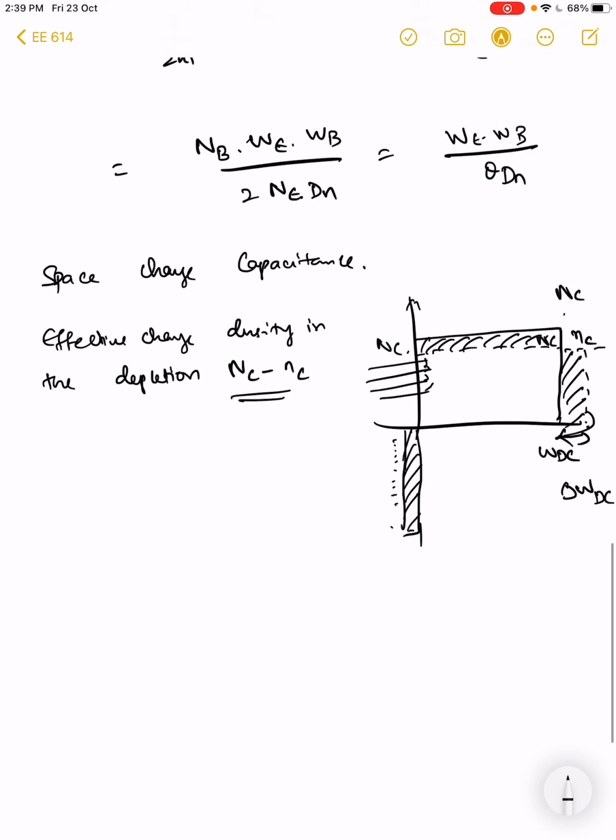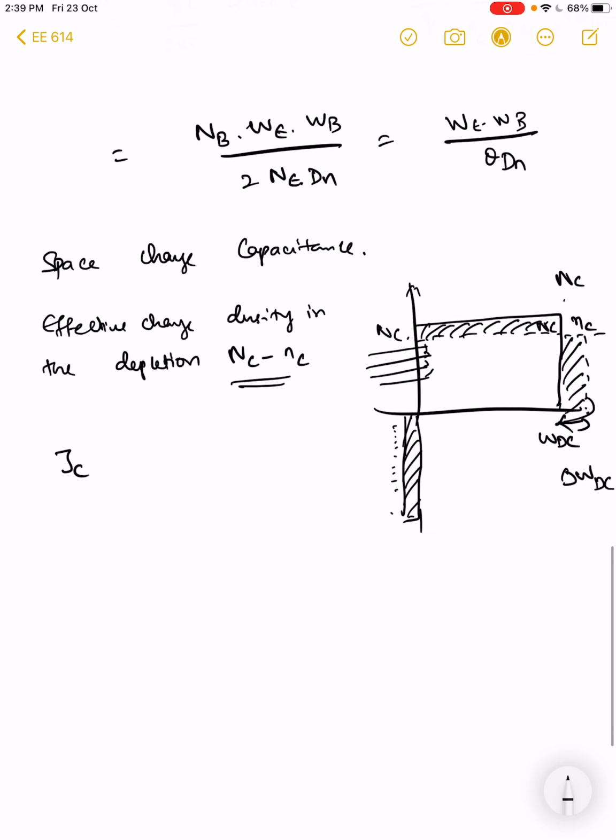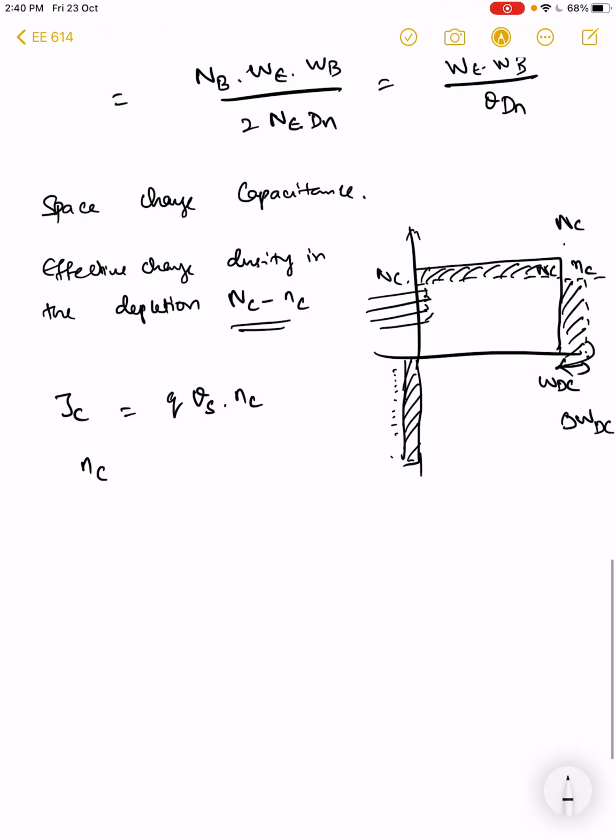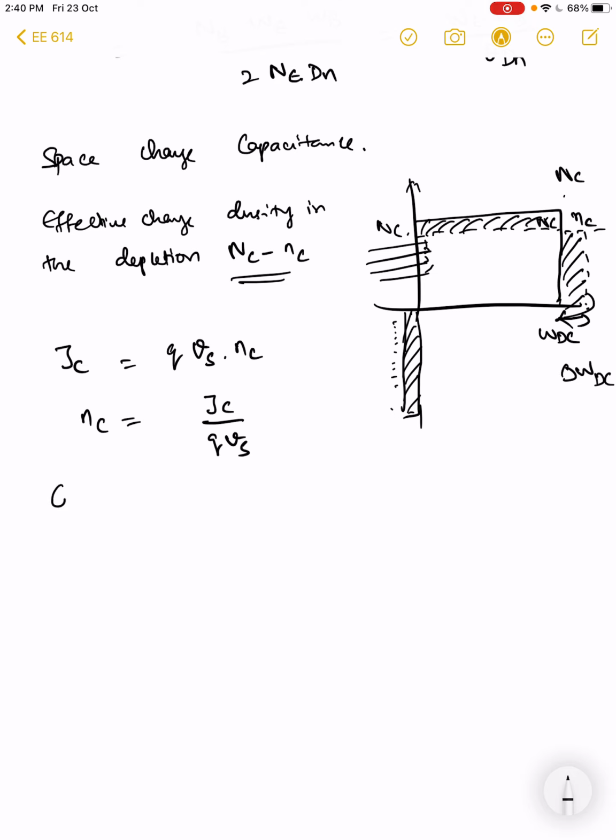To do this, I am going to assume that the current injected in the collector can be written as Q Vs Nc. Nc is the number of electrons injected, Vs is the velocity of the electron, and this is the total current. This is from the Norman rules relation that we have previously seen, right? And with this, you can see that Nc will turn out to be Jc by 2 by QVs. And if we have a constant